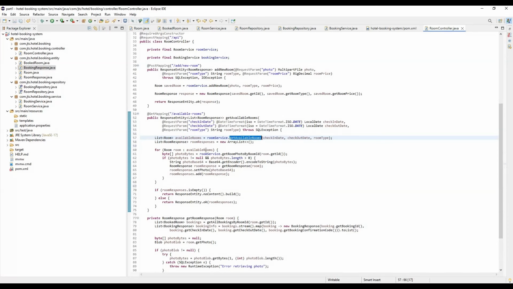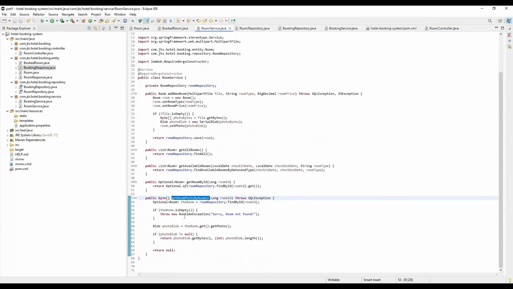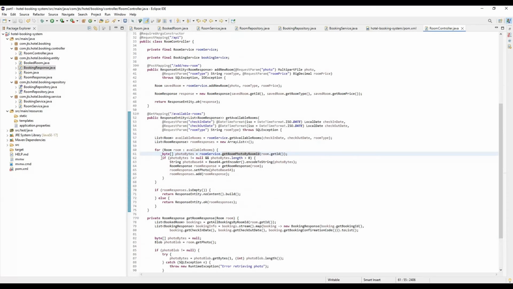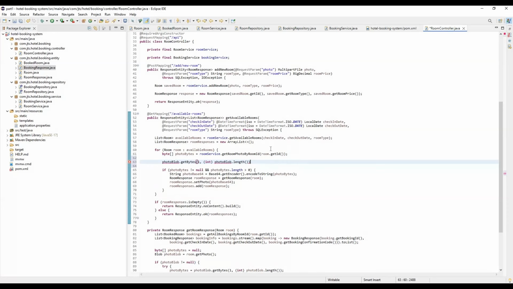Now we can iterate over this, and then take the photo bytes from here, based on this ID. Even without this, we can directly get the photo. How we can achieve this, let me show you. So here basically, room